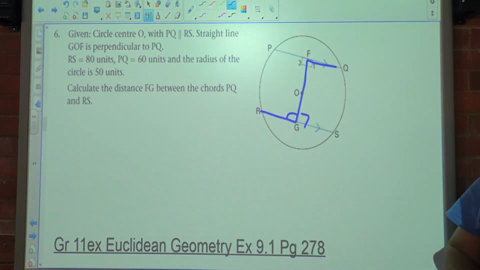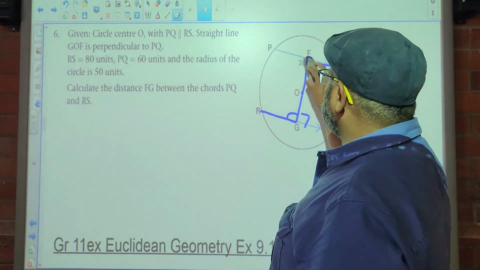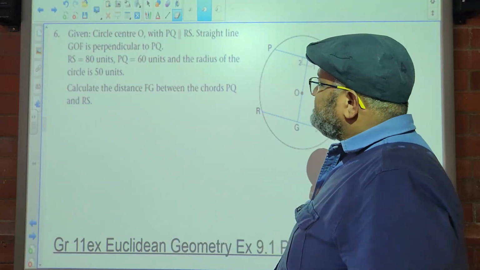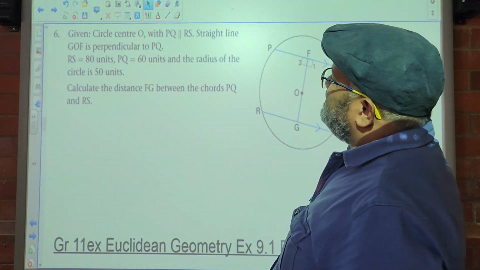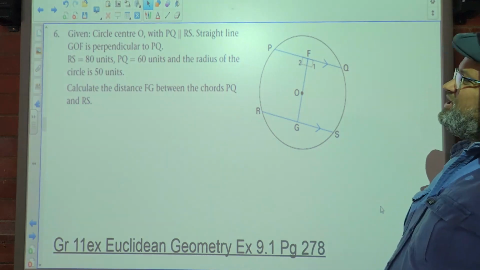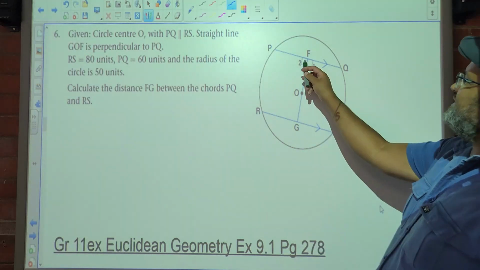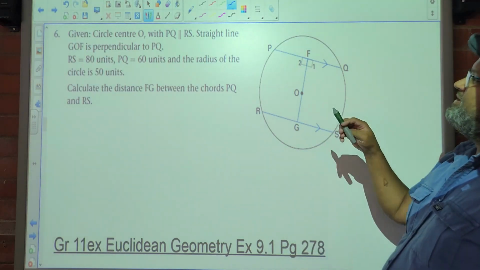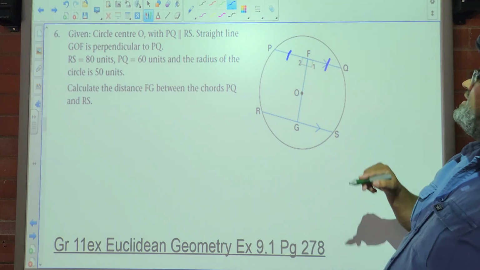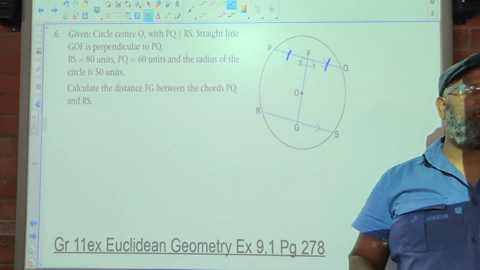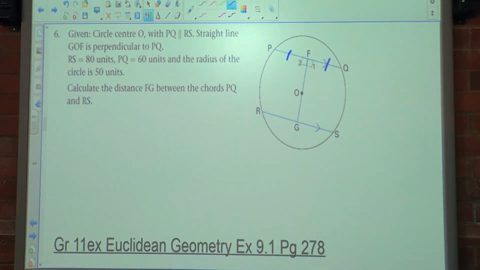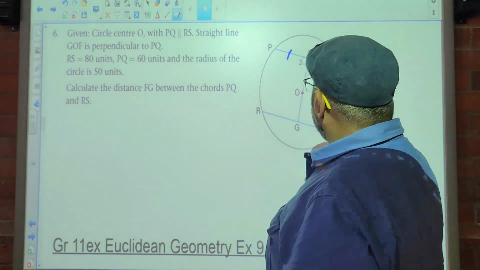You guys understand? So with that in mind, we are told that the straight line GOF is perpendicular to PQ. People, if GF is perpendicular to PQ, what do we know? PF is equal to FQ. Why? Perpendicular from center to chord bisects the chord. Then we are told that